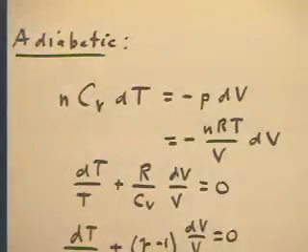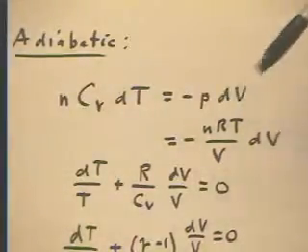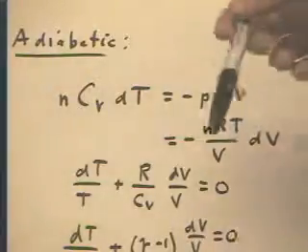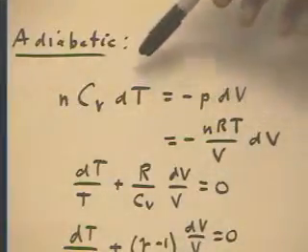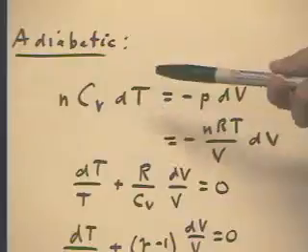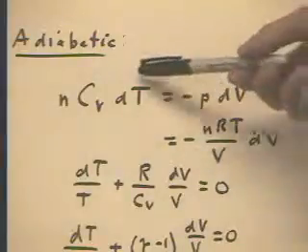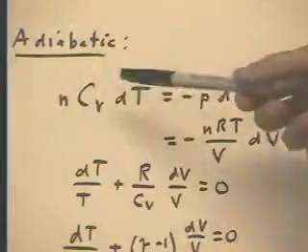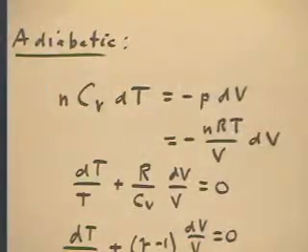Because the only way you're going to get this work, since there's no energy coming in from outside the gas, is from the energy of the gas itself. And if you change the gas temperature by dT, you're going to get an nCv dT change in the internal energy of the gas,